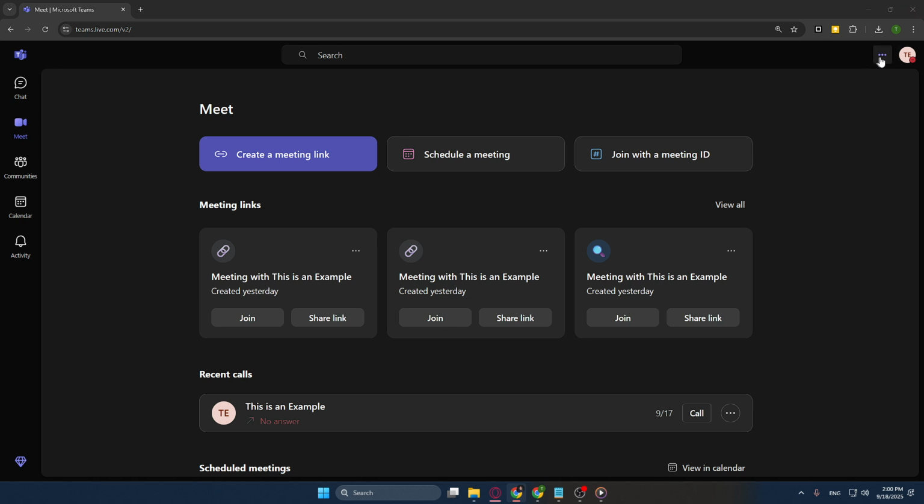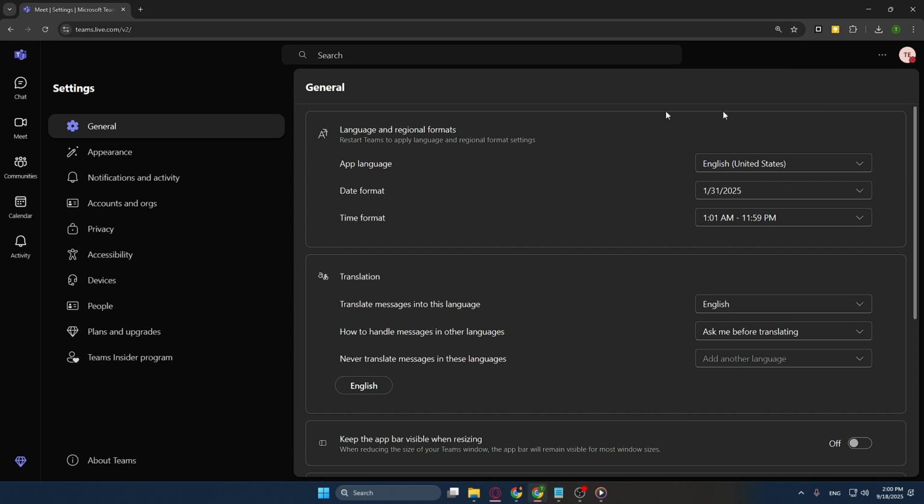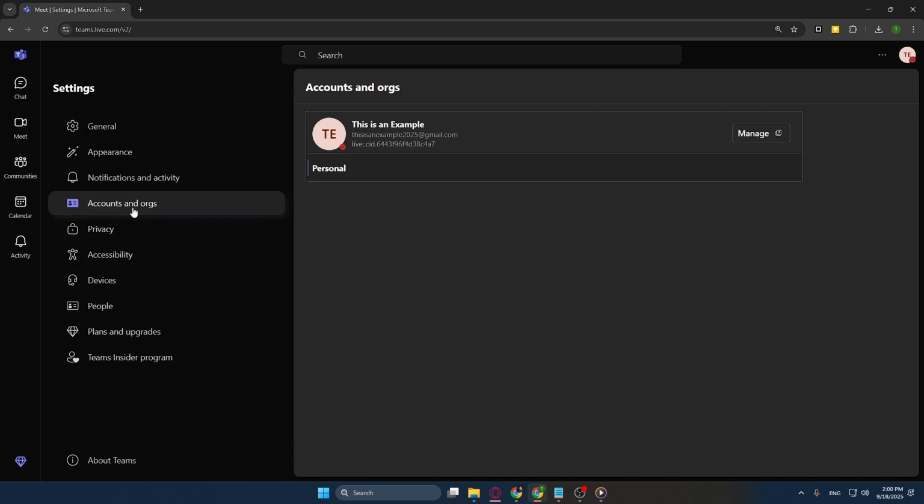Within Settings, look for the subsection labeled Accounts and Orgs. This is where all of your accounts linked to Microsoft Teams are managed. Clicking here will reveal information pertaining to any organizations you are part of. It's the place to manage the accounts you use to connect with varied teams and projects, making it an essential